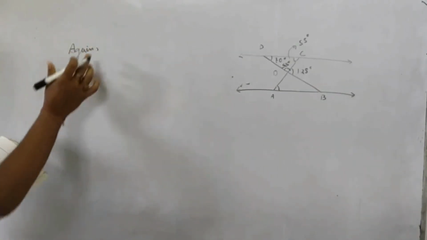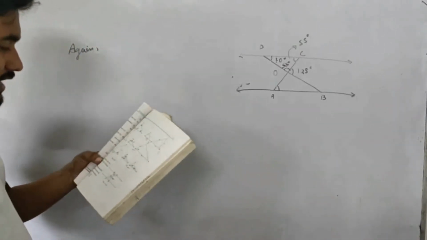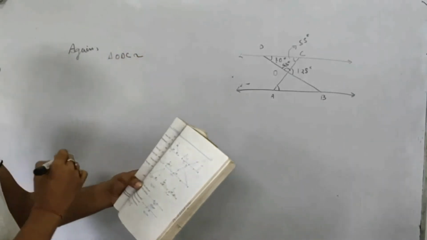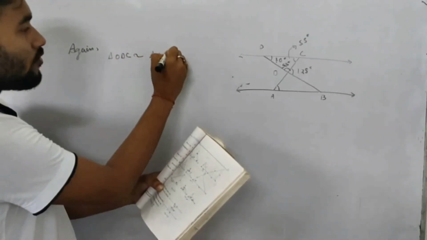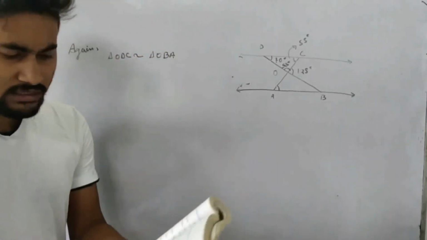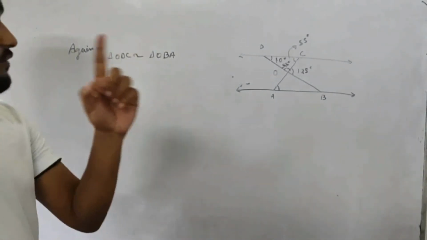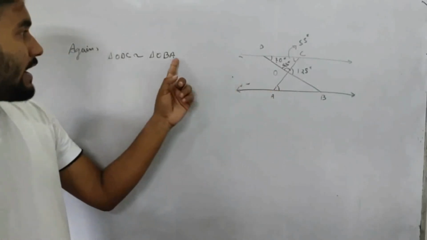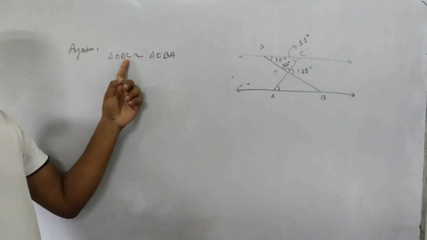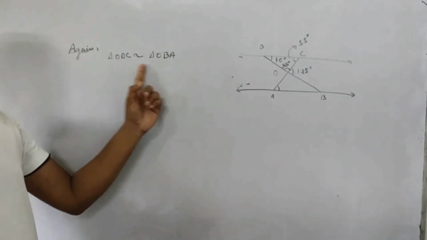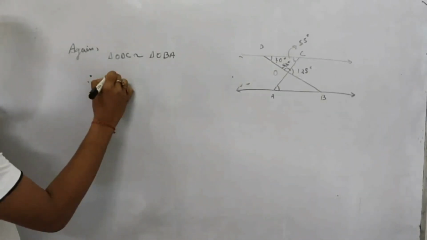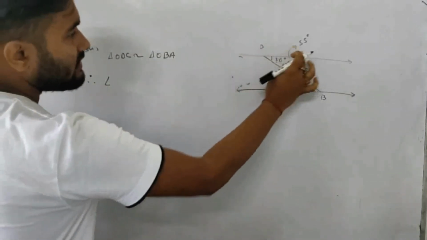I hope it is visible. Okay, you listen to the voice if it is not visible. Again, triangle ODC is similar to triangle OBA. It is given. So I said you can use the technique. That means I need this angle A. This A is equal to this angle with C. So now again this is similar, so therefore I can say angle DCO,